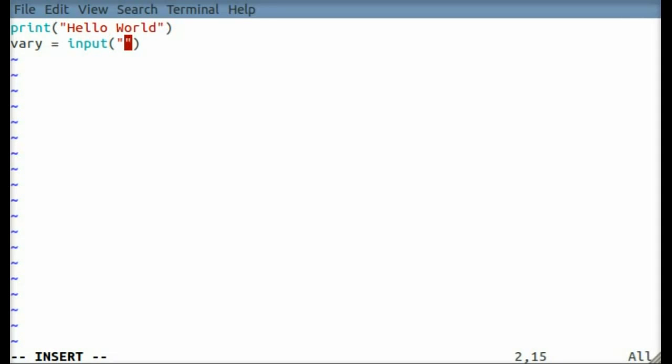Just retrieve a user's name. Ask for a username, and then print out the same, var.